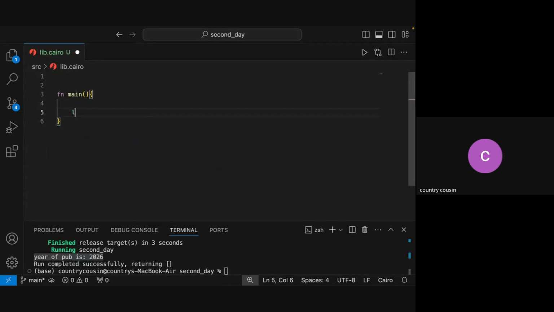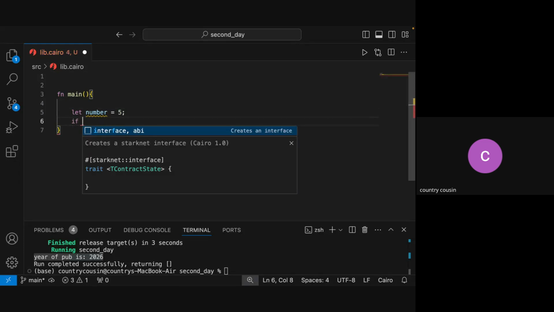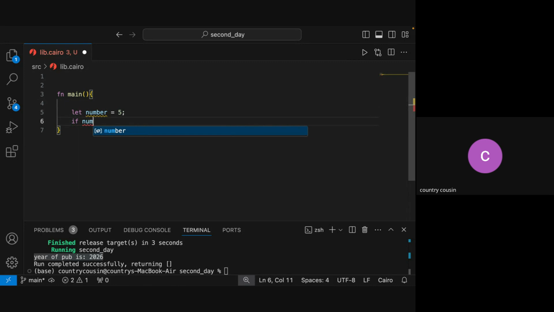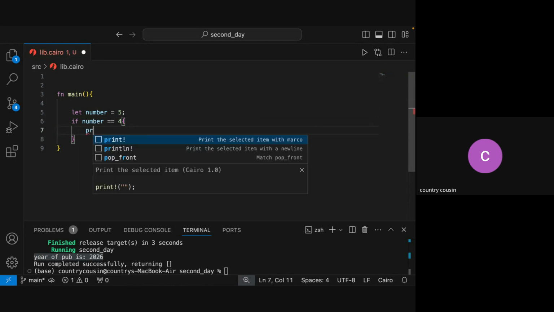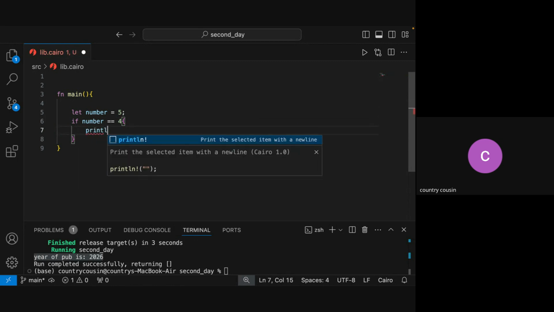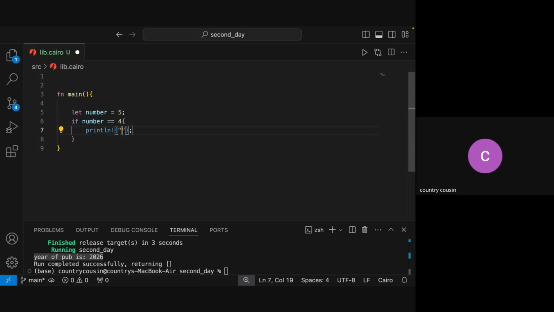Let's say we have a variable, number, equals 5, and then we say if number is equivalent to 4, print line, it is what it is,